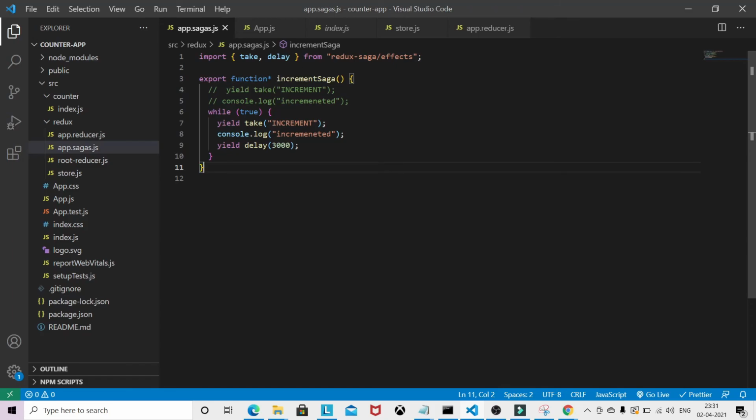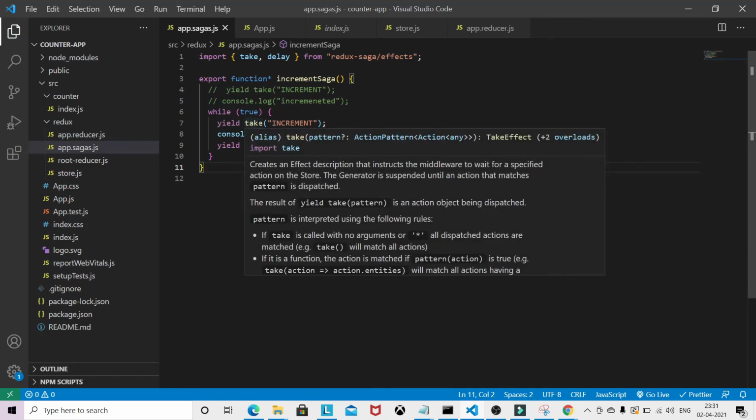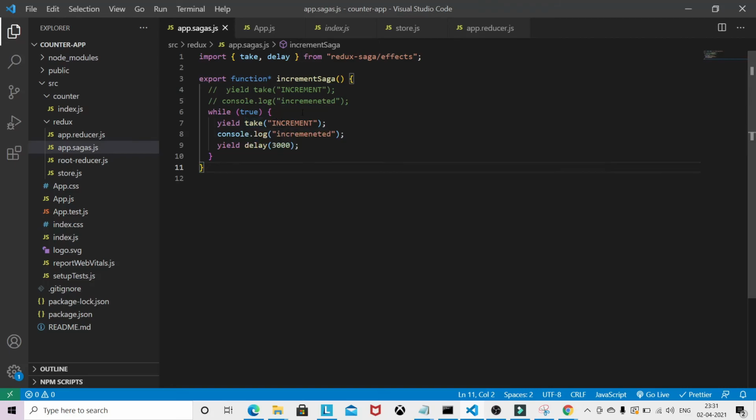Ultimately, this take effect didn't kick off a new task, and that can happen with the takeEvery or takeLatest effect, which I will explain in another video, and I will provide that video link in the description. You can also find the video related to takeEvery in the top right when I prepare the video.